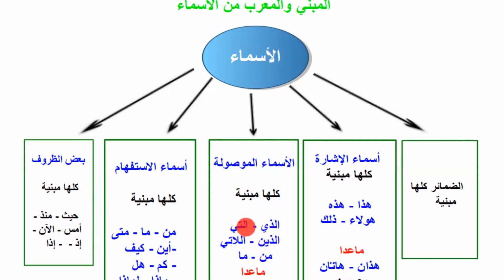And then Allati. Allatani is the dual of Allati. So the dual of Haza and Hazihi is the exception here. The same way too, the exception here is the dual of Allazi and then Allati. So all the exceptions have to do with the duals. The duals of here and then the dual of this is the exception.